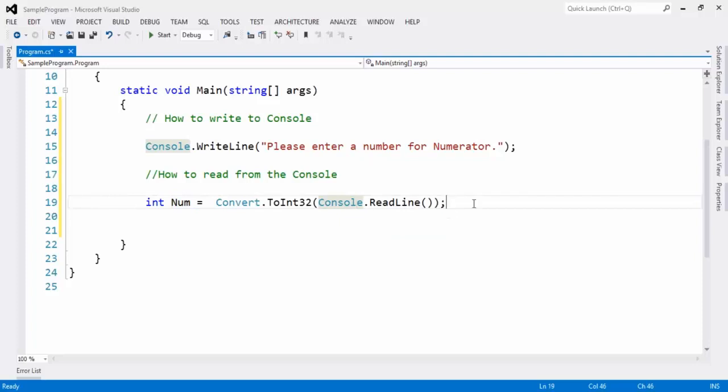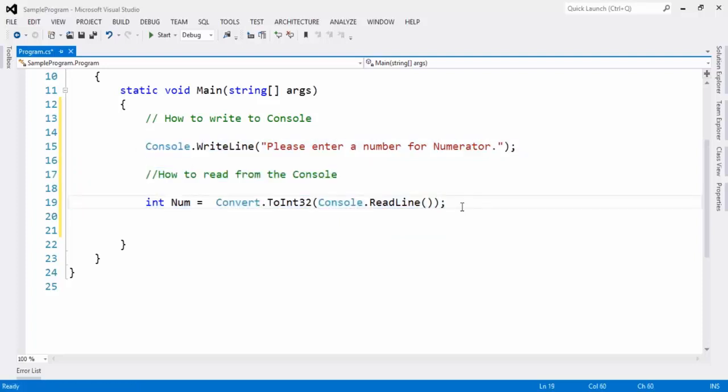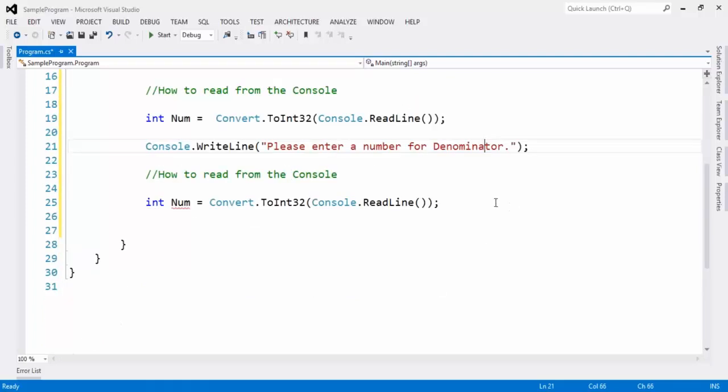In the same way we need it for the other number also, right? The denominator is also required. Please enter a number for denominator. Then again, here it is numerator, here it is denominator.